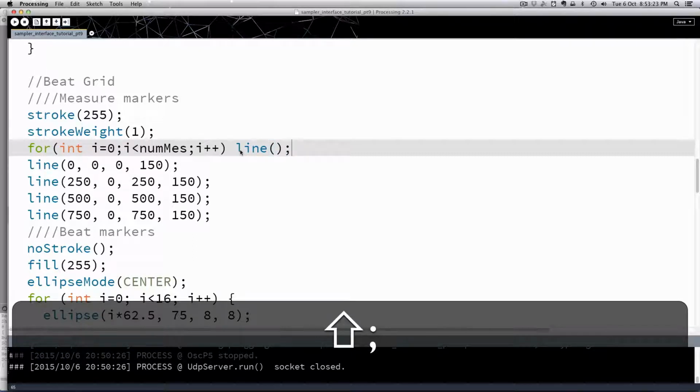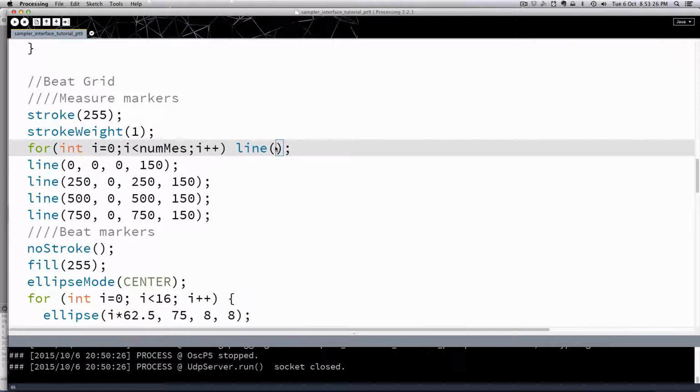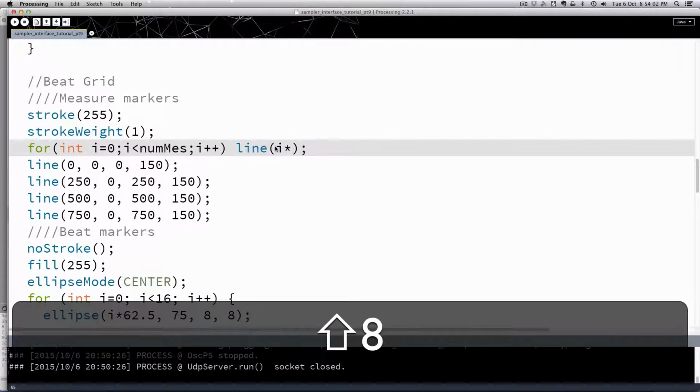And remember, x1, y1, x2, y2. So x1 will always be, we're going to move that over. So this is actually just for one track, right? This for loop is just for one track, but it's going to draw all the measure lines across. So the only thing that changes is the x-axis. For now, I'm going to fill in 0 for the y, and we're going to change that later. The x is the one that changes, so it's going to be i times